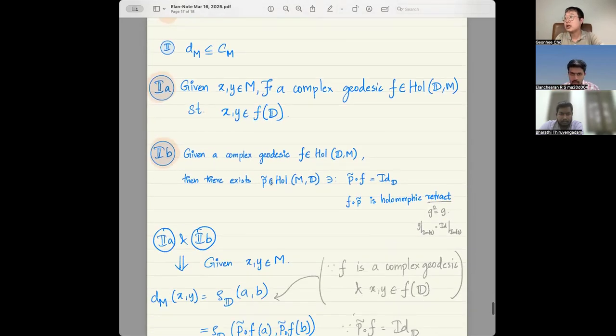Is the statement true for non-convex domains? Lempert's theorem? As you know, what are the examples? The symmetrized bidisk, the tetrablock. Those are cases where Lempert's theorem still holds, even though these are not exhausted by convex domains. Still, complex geodesics can be described for certain such domains, including the symmetrized bidisk. That's why the symmetrized bidisk is so special.